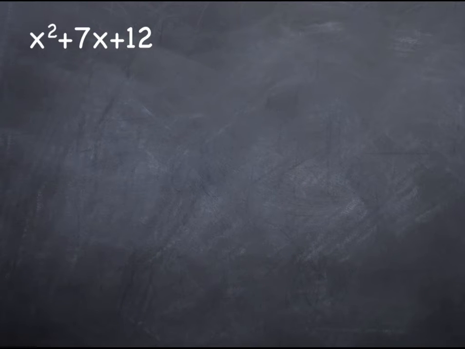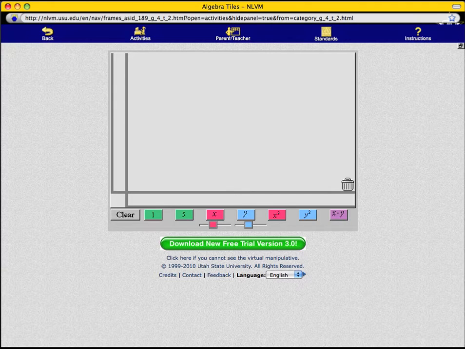From section 6.3, let's take the problem x squared plus 7x plus 12 and use both a visual approach and an algebraic approach to solve this problem. For the visual approach, we'll go to the National Library of Virtual Manipulatives. We'll start the problem exactly how it's written, that is, an x squared, plus 7 x's